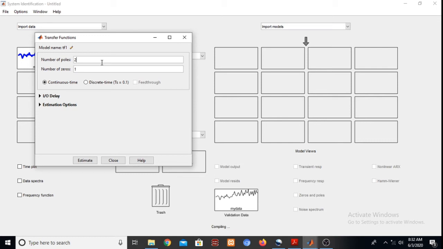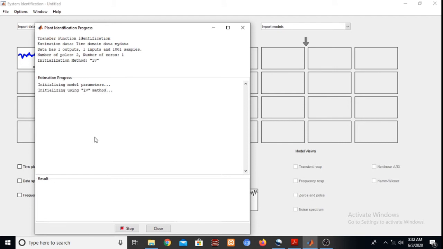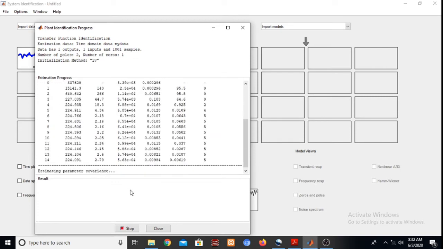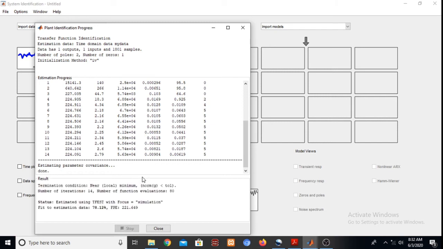So in the first step, let us say we want two poles and one zero, right, and estimate it. So estimation is complete. It is saying that the fit to estimation data is 78.12%. Okay, so let us close this.